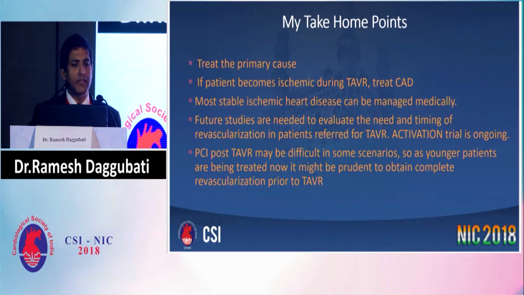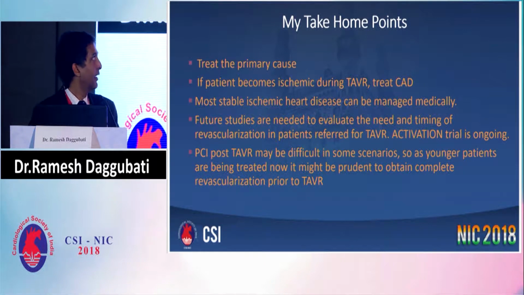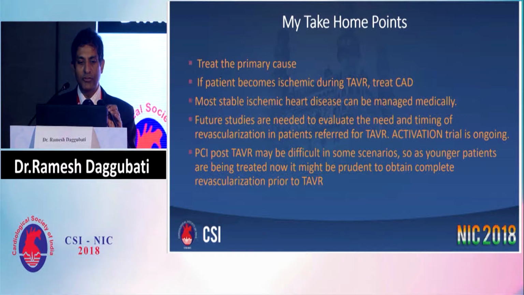So at the end, my take-home points is treat the primary cause. If aortic stenosis is the most significant one, treat that. If coronary artery disease is more significant than aortic stenosis, when patient has angina, treat CAD first with PCI. And if patient becomes ischemic during TAVR, then obviously you have to first go ahead and treat the coronary artery